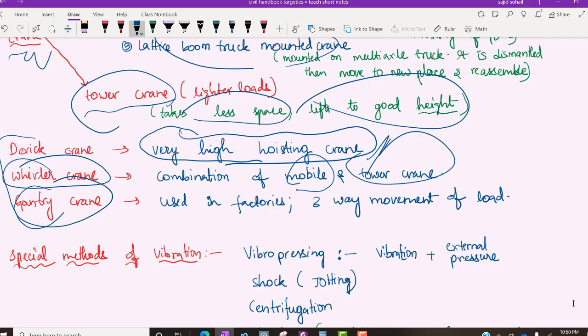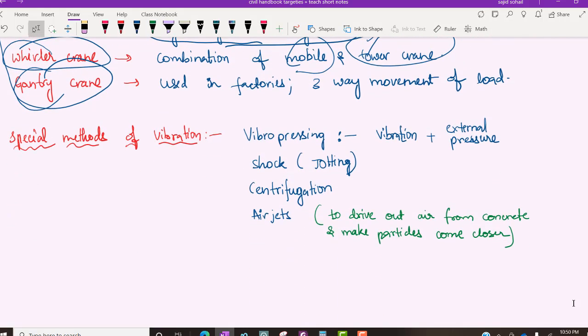Next is gantry crane. Gantry crane कहाँ रहेगा? Industries में रहेगा, factories में रहेगा. You might have seen. It will be something like this. Okay, you can move the loads in all the three ways. There will be a hook like this. You can keep the load. It will be moving like this also, or you can move it like this also. Okay, in all three direction, X, Y, Z, it will be moving. So that is the purpose of gantry crane.